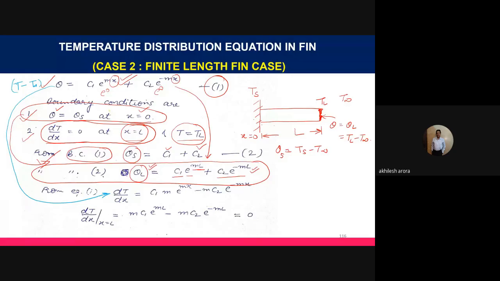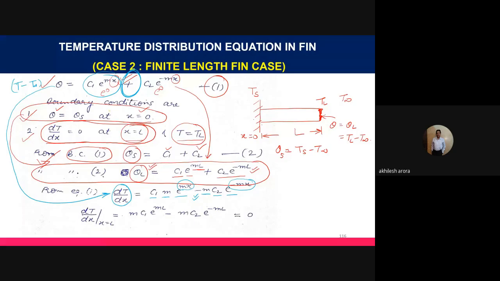So when we differentiate this equation, we will get dt by dx, and let us differentiate the first term, which is c1 e raised to power mx. So c1 will remain as it is, e raised to power mx will remain as it is, and for the power, when we differentiate it, we will get m here. Similarly, in the second case, c2 will remain as it is, e raised to power minus mx will remain as it is, and when we differentiate the power, we will get minus m here. So instead of the plus sign in equation number 1, we have a negative sign here.